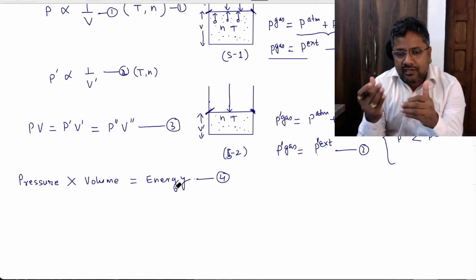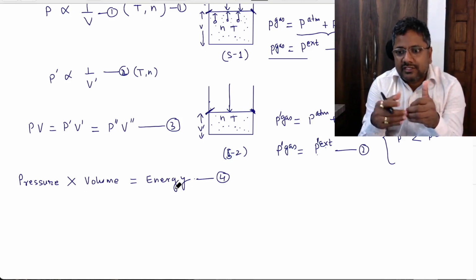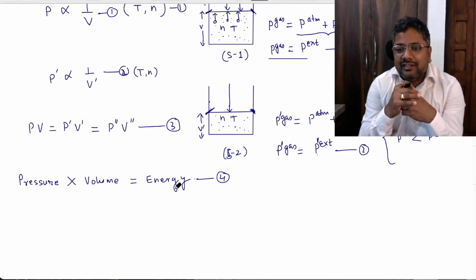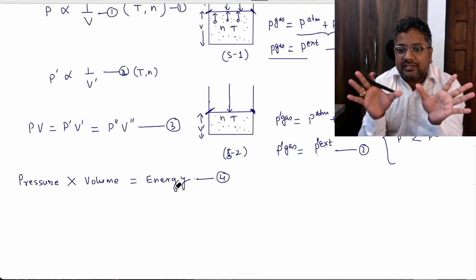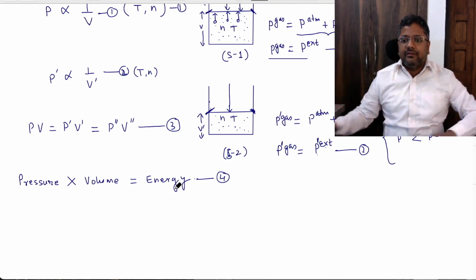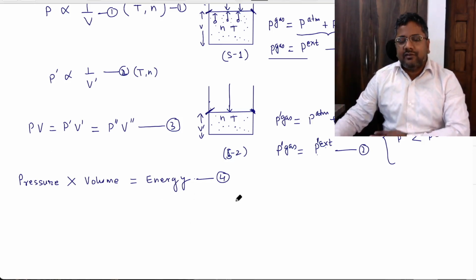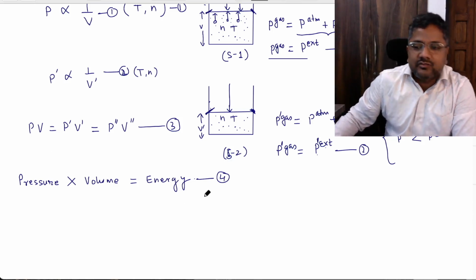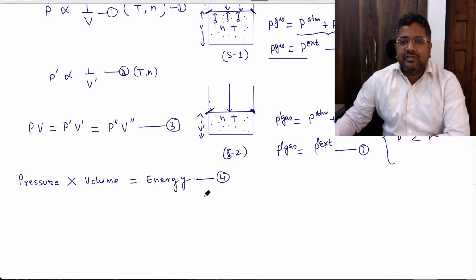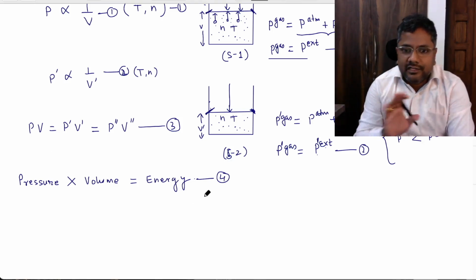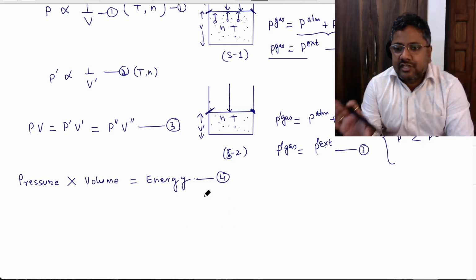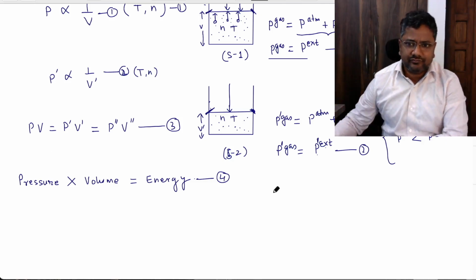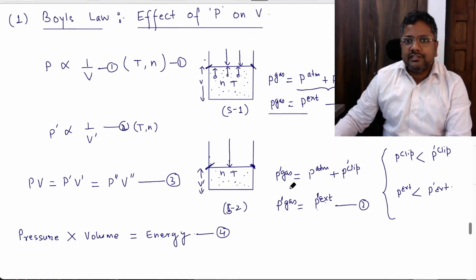Whatever energy depends on P, obviously when you increase P, that will be cancelled by the decrease in energy by V. Although we will see when we write the expression for energy, generally we write it in terms of N and T, not in terms of P and V. So in future also you will get relations where energy becomes independent of change in pressure and volume. Energy will depend on T and N, right? So this is called Boyle's law.